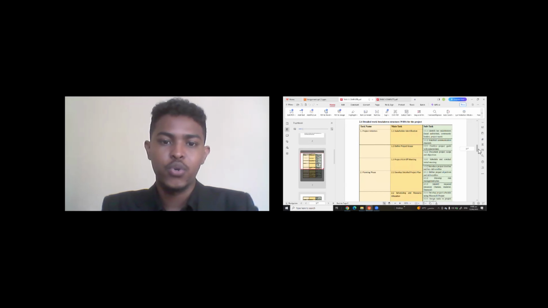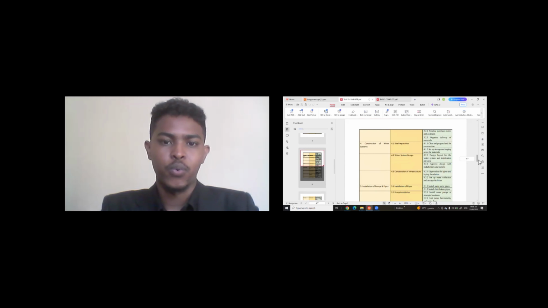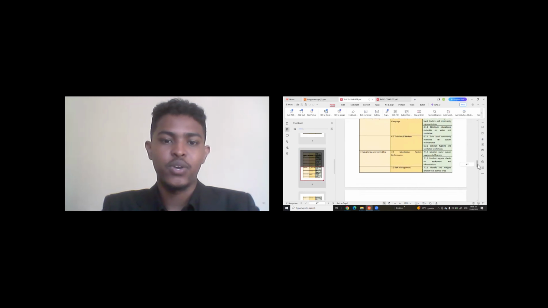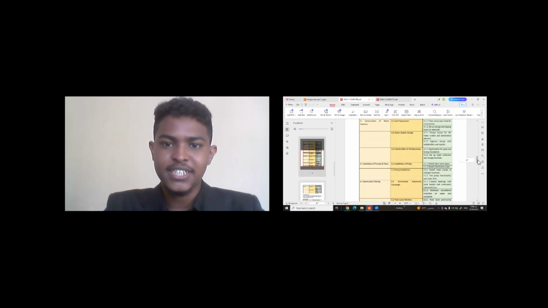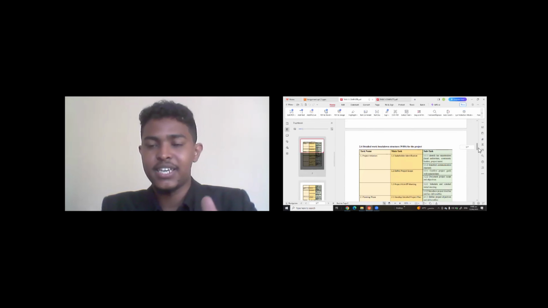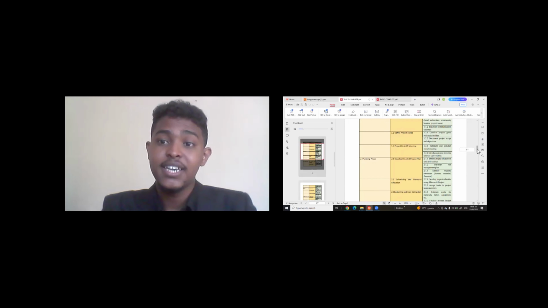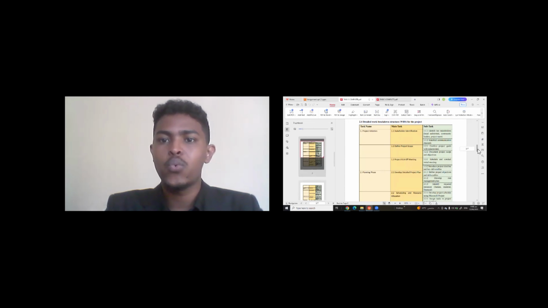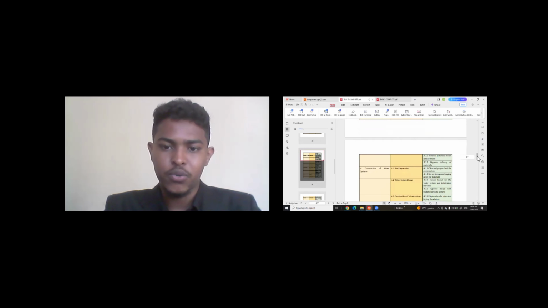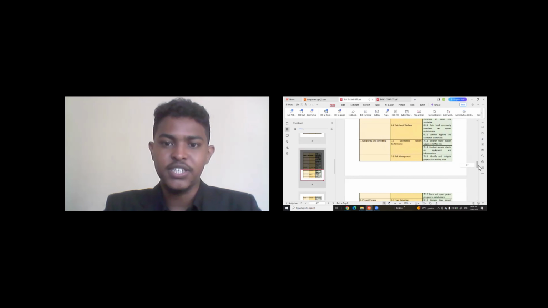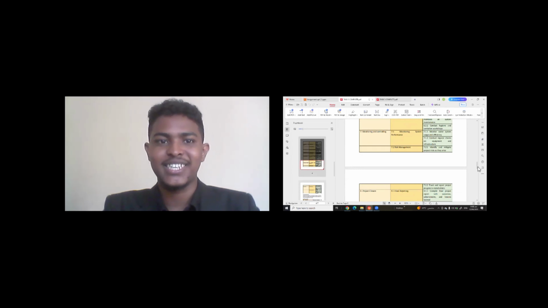So if we go through, what we can see here is that we have 8 tasks, and each task has main tasks, and each main task has subtasks. So this is how we broke down our WBS. So yeah, this table summarizes everything.